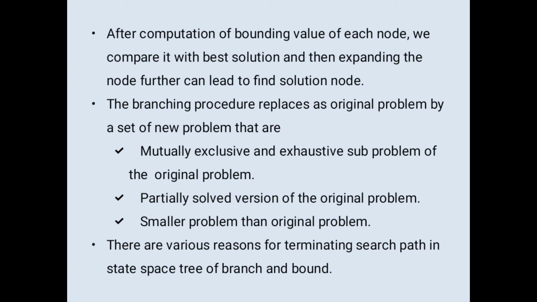Sometimes the queen is placed at the first position, the first column in the first row, or the second column, or the third column, or anywhere. If it satisfies the constraints, then only that is the best solution, the best place for that queen. So that is a state space tree. Sometimes if it finds the solution of that problem, then that process is finished. At that time the search path is terminated.